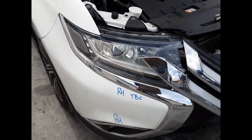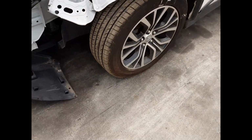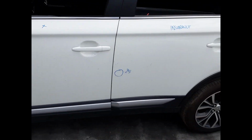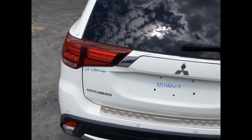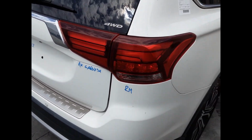We have the right-hand headlight, right-hand fog light, left front 18-inch factory alloy mag with a good tyre, left power door mirror. Left rear door has one small dent, left rear 18-inch factory alloy mag with a good tyre, left hand tail light, left tailgate garnish, tailgate appears to have no damage, right hand tailgate garnish, right hand tail light, tidy rear